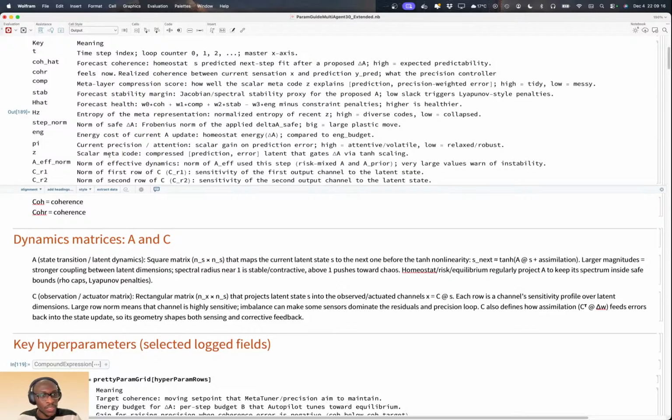So metacode, meta because it's getting data from the system and from the environment, and then compresses that, so that code is what the system uses to make other predictions. So we do prediction, and then it turns prediction, and then prediction plus prediction errors,